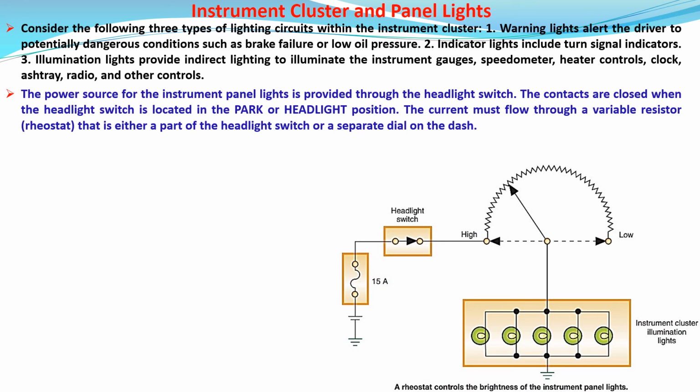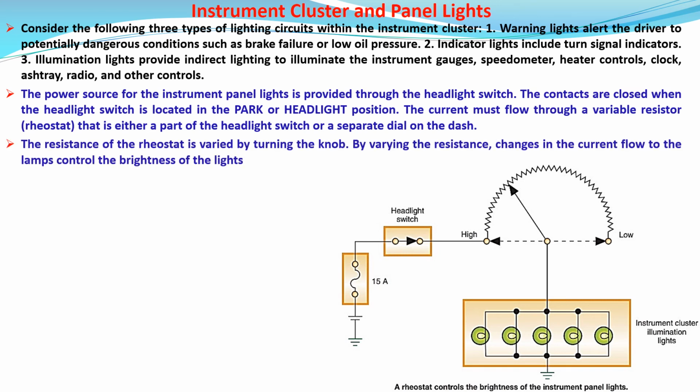The current must flow through a variable resistor, or rheostat, that is either a part of the headlight switch or a separate dial on the dash. The resistance of the rheostat is varied by turning the knob. By varying the resistance, changes in the current flow to the lamps control the